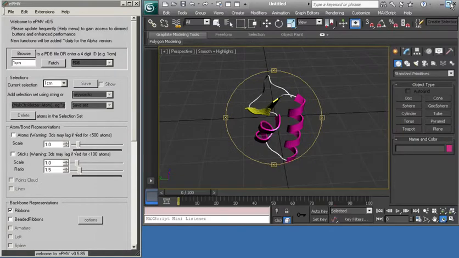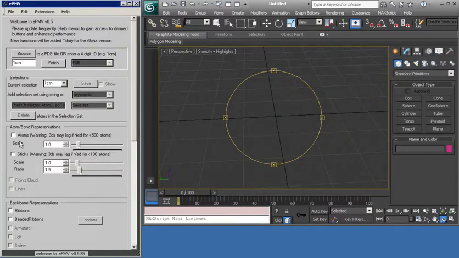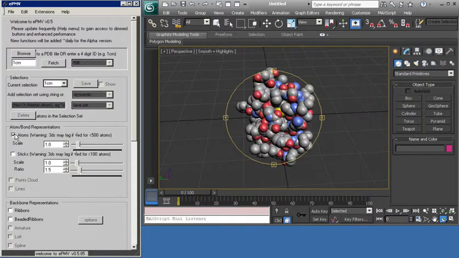So let's get back to our file. So we are viewing the atomic coordinates of this file, and this ribbon structure is a little confusing, so let's come back to that in a second. But first, let's click the atoms representation. And what a PDB file contains is a bunch of X, Y, and Z Cartesian coordinates for all of the atoms in a file. So we're looking at carbons in gray, oxygens in red, nitrogens in blue, there's a sulfur in yellow. And